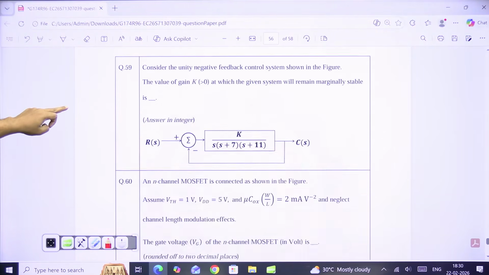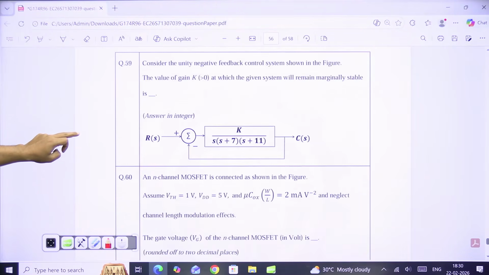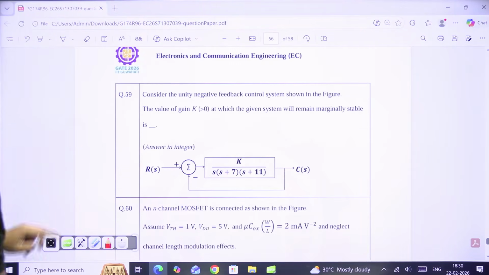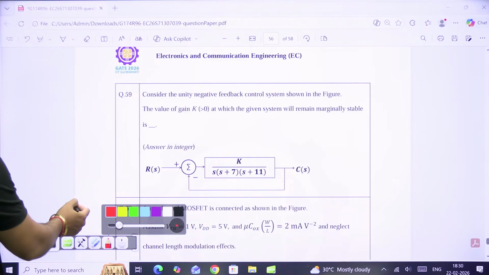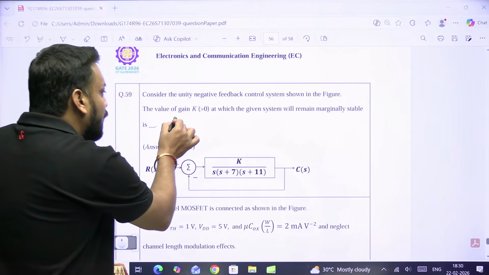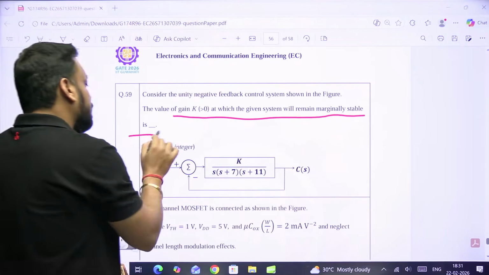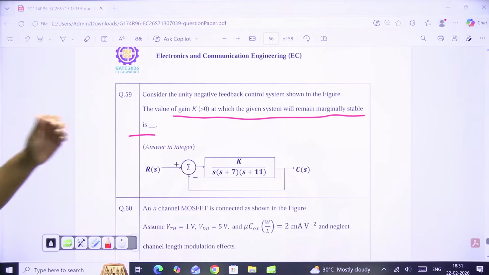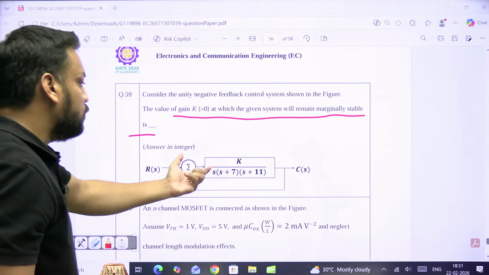ये क्वेश्चन बड़ा ही आसान क्वेश्चन, थोड़ा शायद क्वेश्चन को हम यहीं पर उड़ा देंगे हवा में। आइए बात कर लेते हैं हाउ टू सॉल्व दिस। कंसीडर द यूनिटी नेगेटिव फीडबैक कंट्रोल सिस्टम शोन इन द फिगर, द वैल्यू ऑफ गेन k एट विच द सिस्टम विल रिमेन मार्जिनली स्टेबल इज, आंसर इज इन इंटीजर न्यूमेरिकली एंट्री क्वेश्चन था ये।